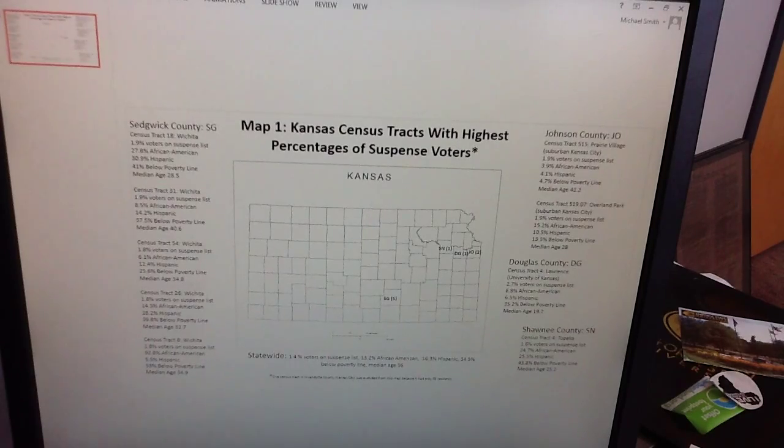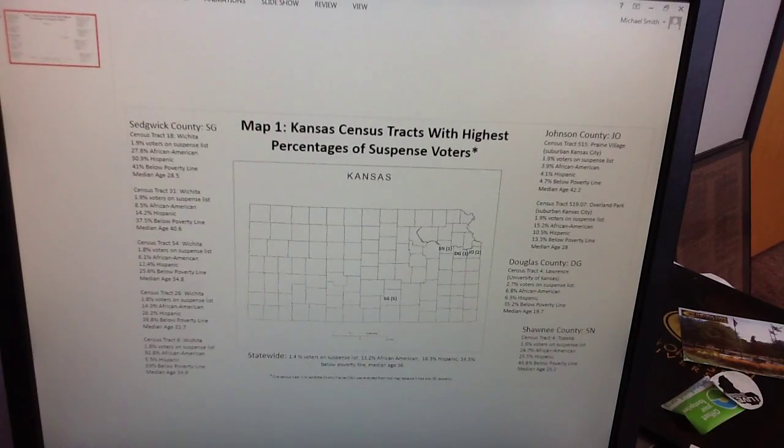Here it is. Clearly, there needs to be a focus on Wichita. That's where a lot of them are centered, and some anecdotal evidence with the Lawrence tract that the universities are a possible focus as well. But heavy focus on Wichita, particularly these census tracts. We have already discussed the idea of community partners. Groups like More Squared based in Kansas City or Sunflower Community Action based in Wichita might be potential community partners that could help you all.